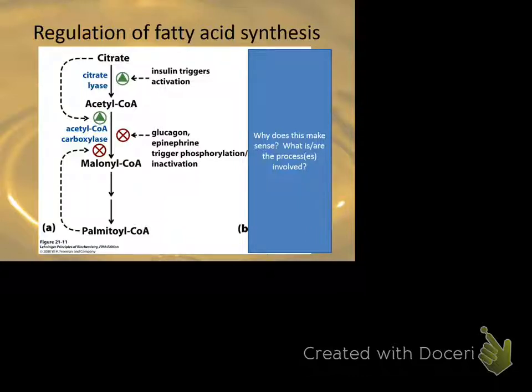Citrate, actually, if you have a lot of citrate around, it's also going to stimulate this process to make malonyl-CoA. Under what circumstances will we have extra citrate? This one's pretty easy, but when do we have extra citrate? Where's the citrate coming from otherwise, other than this process? Citric acid cycle. So why would it start to accumulate? When the body doesn't go through the citric acid cycle. Right, we don't need to go through the citric acid cycle because we've got plenty of energy. So,